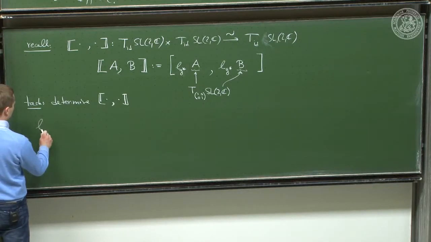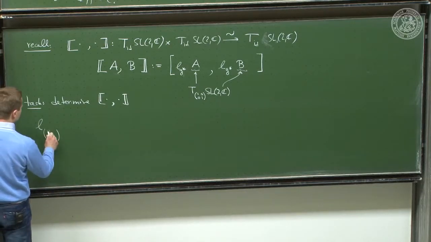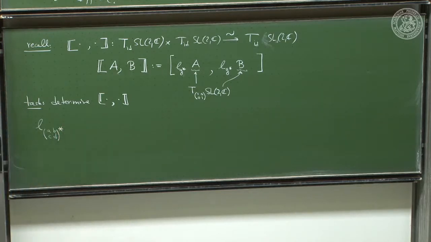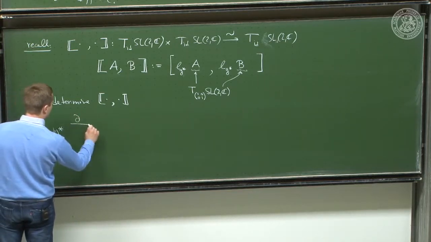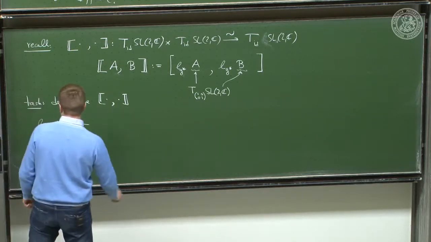So let's try to calculate L sub g. So g is some element of SL2C. So I write here L, A, B, C, D. And I take the push forward and I act on d by dx_i. So now I need to choose a chart that contains the identity. The U chart contains the identity. U only asks you a to be non-zero, but in the identity a is 1. So I can use the U chart,